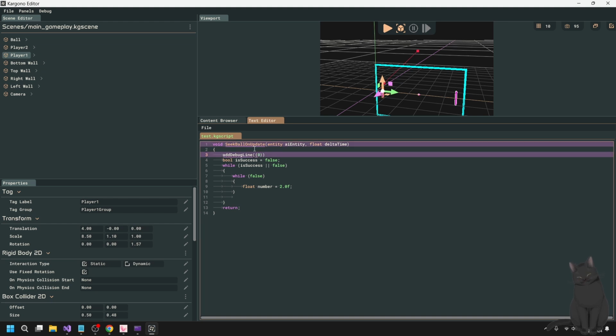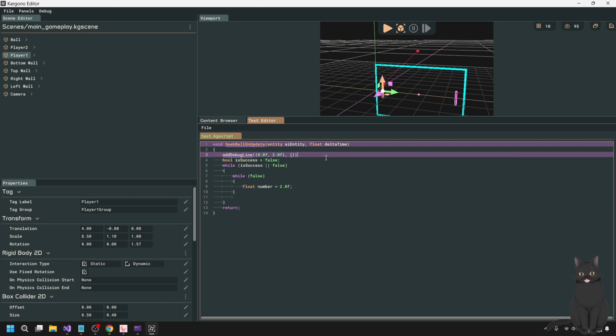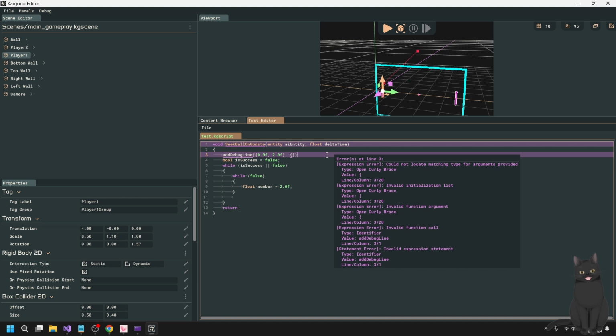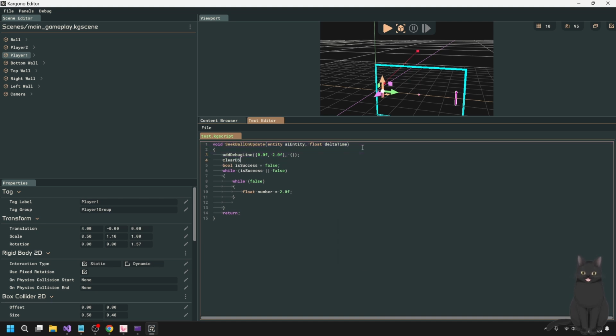I do 0.0f and 2.0f, these will be 2 vector 3s, and this will make me a line. Then I can do a point by providing one vector. I can essentially add debug lines and add debug points, and then I'll have one like clear debug overlay, debug display, debug data, maybe.